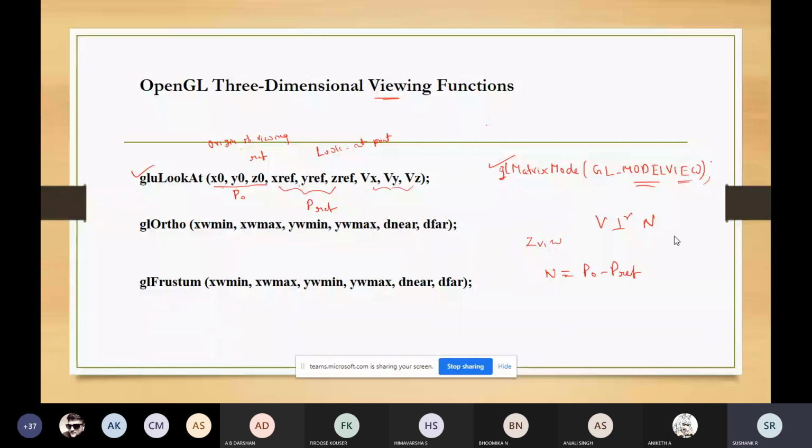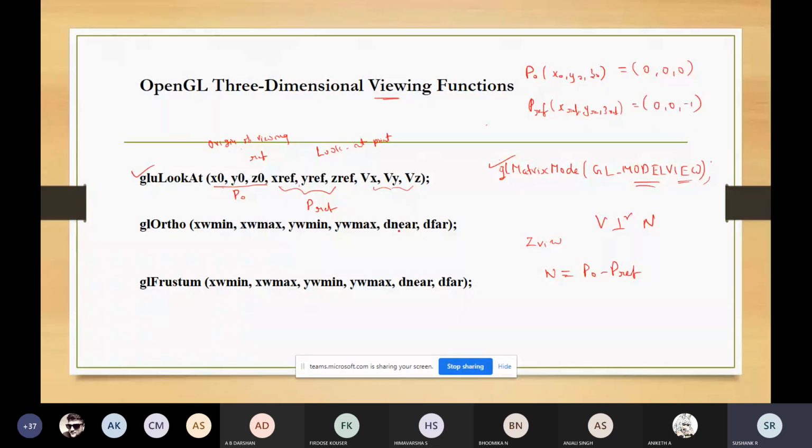What are the default values for this gluLookAt function? If you're not specifying anything, P naught, which is nothing but x naught, y naught, z naught, will take the values 0, 0, 0. P reference, which is given by x reference, y reference, and z reference, will take the values 0, 0, -1.